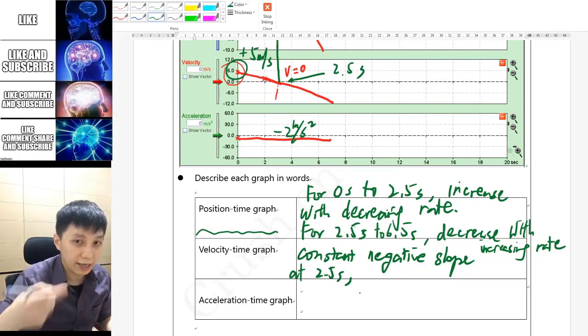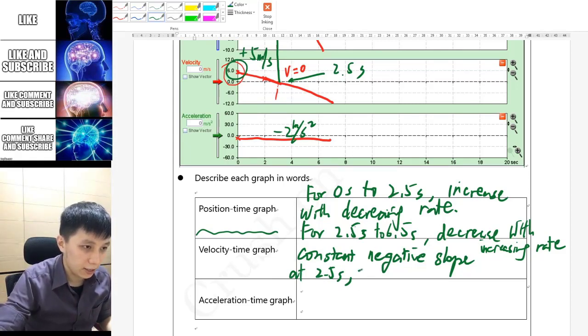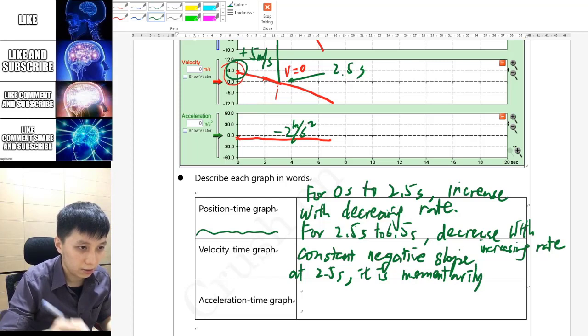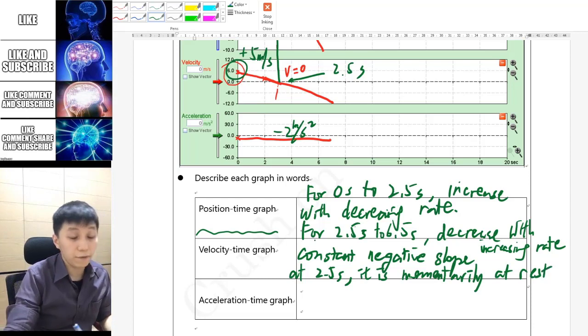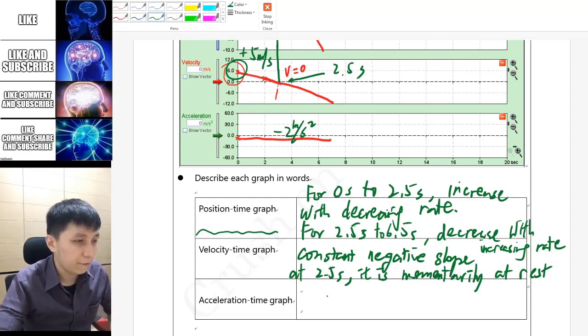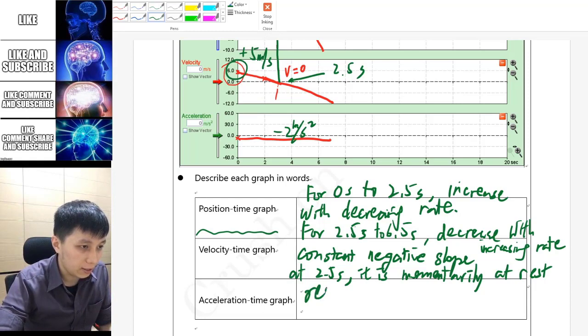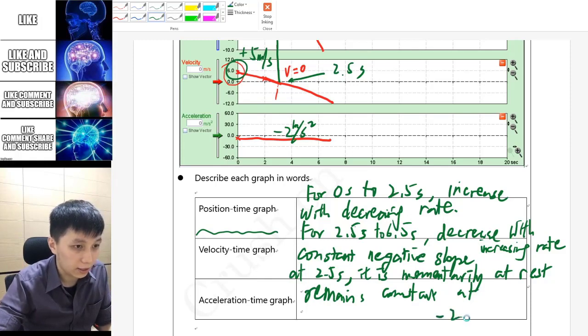Then we have a saying in physics. You can say that it is momentarily at rest. That means at that moment, momentarily at rest. Okay, for the velocity. And lastly, for acceleration, you can just say, like we usually say, remains constant at -2